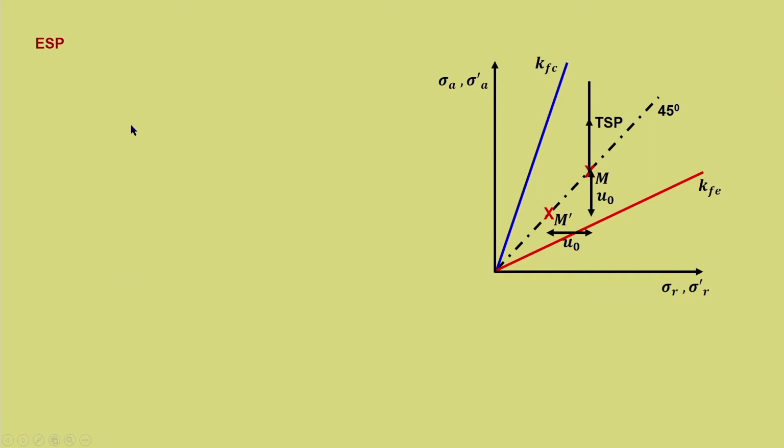So, now it is easy to plot ESP, but is it that easy? We have got the pore water pressure estimated. So, now you can find out what is the effective stress. Delta sigma A dash is equal to delta sigma A minus delta U. We have the expression for delta U. Substitute that, we will get delta sigma A dash is equal to, take delta sigma A outside, 1 minus A.